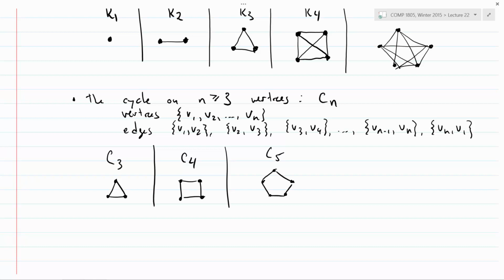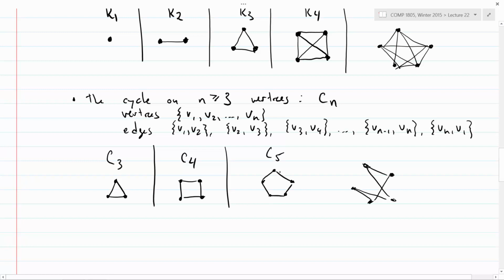Right, so I'm drawing it to look nice, but the point is it has this number of edges in this kind of structure. I could draw it to look like this, and that is the exact same graph, because each vertex is connected to the next one, and the last is connected to the first. Typically, you want to draw it like this, though, because as we'll talk about probably next